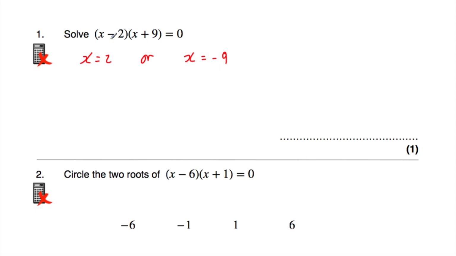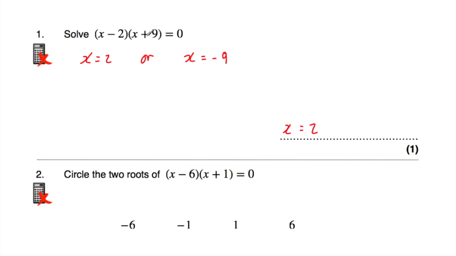equals negative 9. Because if x is equal to 2, you've got 2 take away 2, which is equal to 0, and that means that this bracket is 0. This bracket would be 11 because 2 plus 9 is equal to 11, but 0 times 11 is equal to 0. So that means that one solution would be x is equal to 2, or another possible solution would be